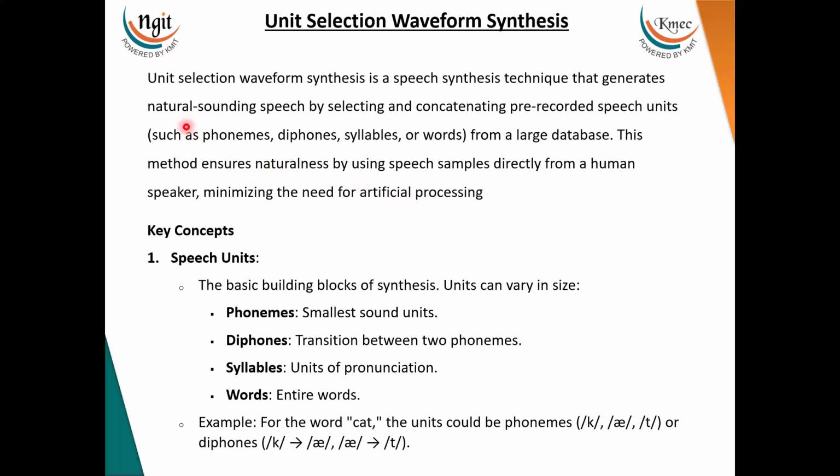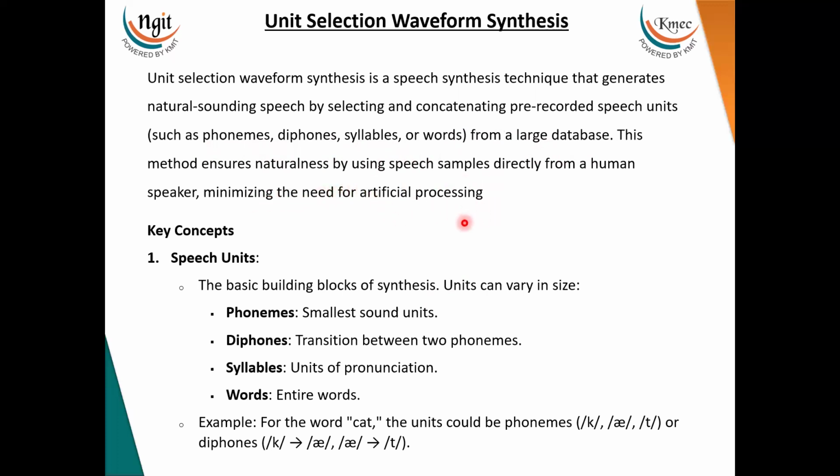So let me come again. Hope you understood. Unit selection waveform synthesis is a speech synthesis technique that generates natural sounding speech by selecting and concatenating pre-recorded speech units. These pre-recorded speech units are nothing but the smallest sound units that exist. What are those? Those are phonemes, diphones, syllables or words from a large database. This method will ensure the naturalness by using speech samples directly from a human speaker, which minimizes the need